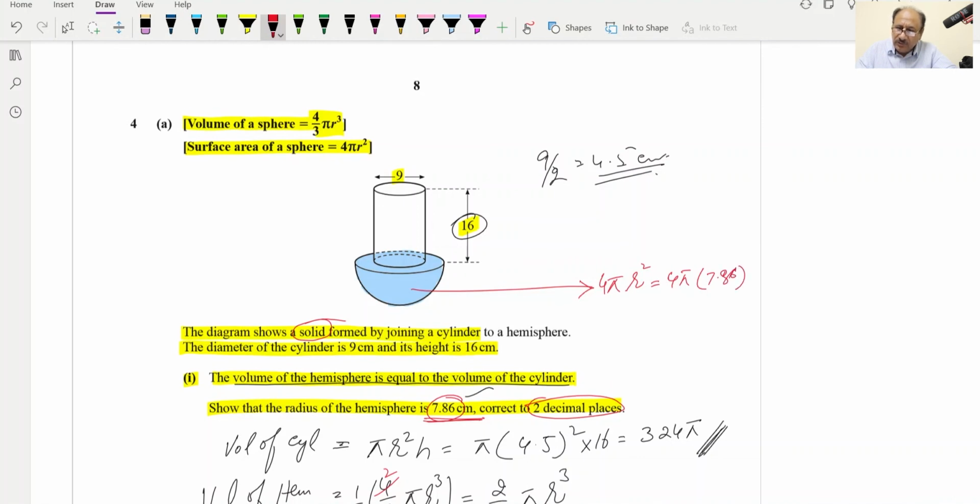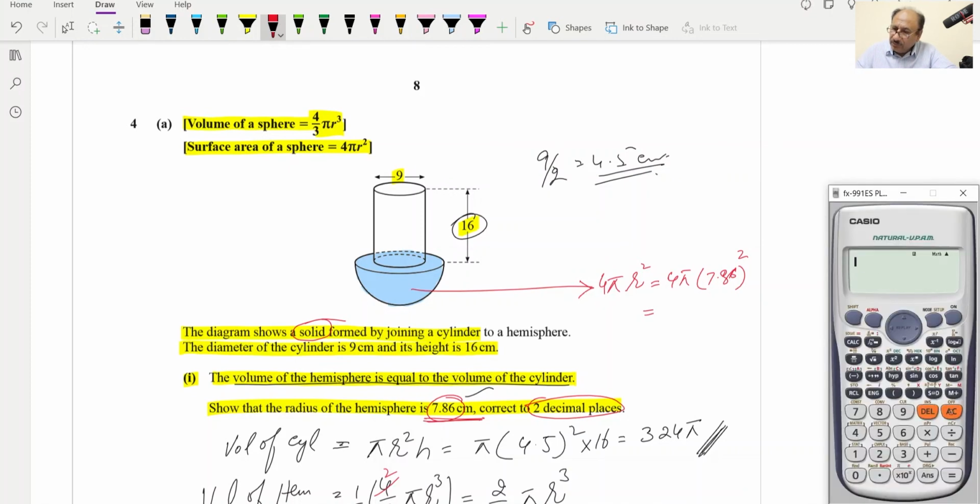This will be the radius of the hemisphere, and we'll have to take the square of this. We can calculate in terms of pi, so 4 into 7.86 squared is equal to